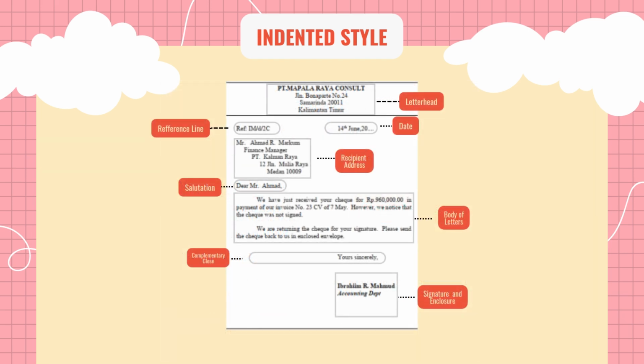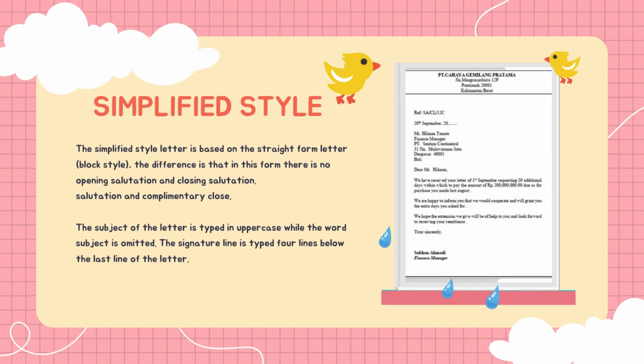Indented letters are not very popular in the business world, apart from the less aesthetic shape. Typing also takes quite a lot of time. To provide a clear picture, the indented form is a form of letter where the letter address has a line formation in the shape of a descending ladder. This shape does not look neat but looks structured, especially in the part of the letter where the paragraph formation looks like a staircase.